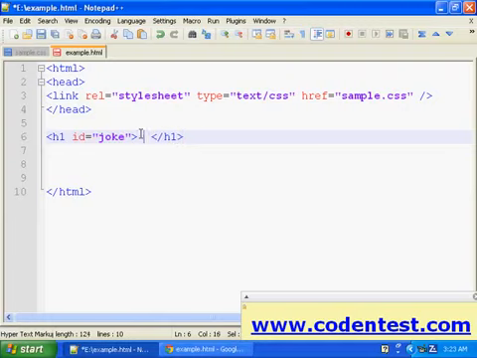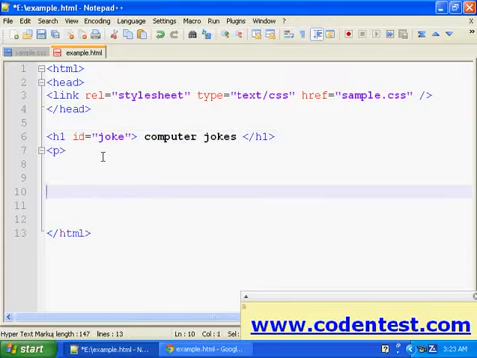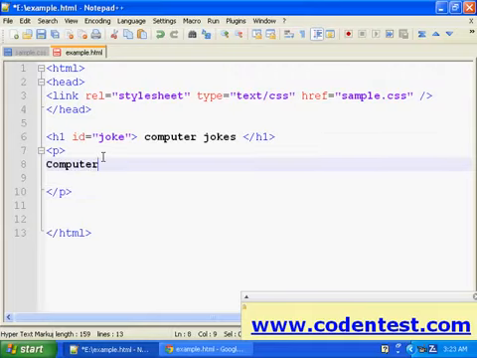And let's say computer jokes. Paragraph: So computers can never replace human stupidity.